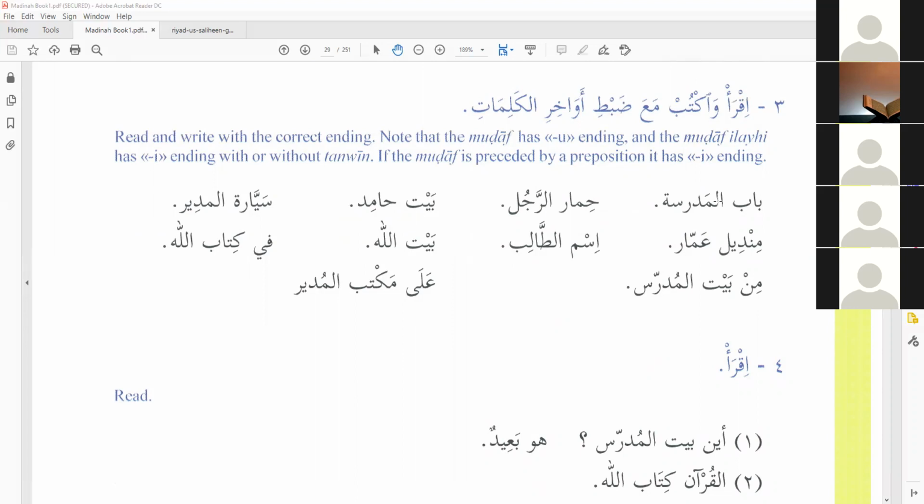So I think, no, not all of these, but most of these, the first word is going to have a dhamma. And the one that is possessing is either going to have 1 kasra or 2 kasras, depending on whether it is a common noun or a proper noun. So we left off with